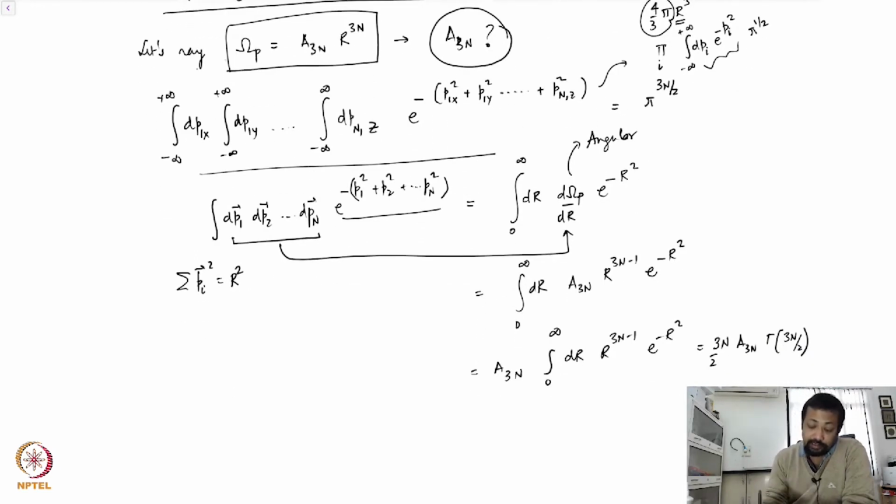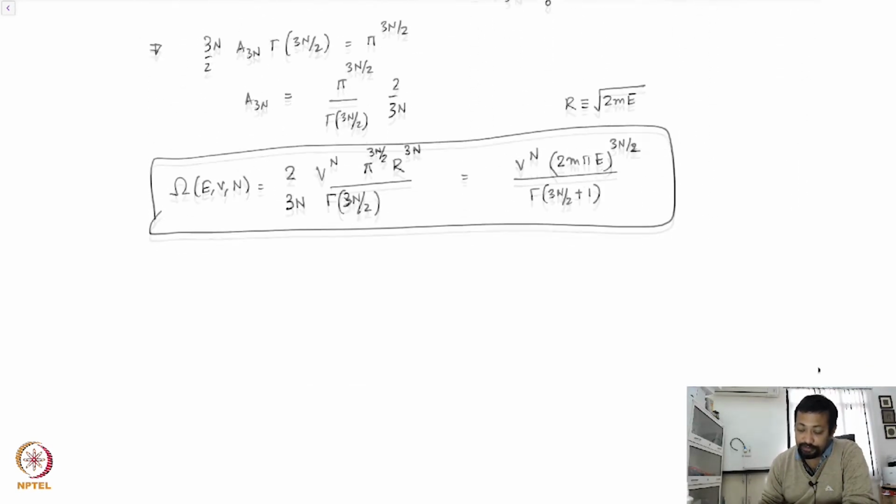I can now write p_x squared plus p_y squared plus p_z squared as p squared. I recast this integral in this form because I want to use the spherical symmetry of the form of the integral. Since the integral is spherically symmetric, the measure which was in the Cartesian coordinates, as you have seen earlier, is now converted to spherical polar coordinates. And then the rest of it follows immediately, so that you have Omega(E, V, N),